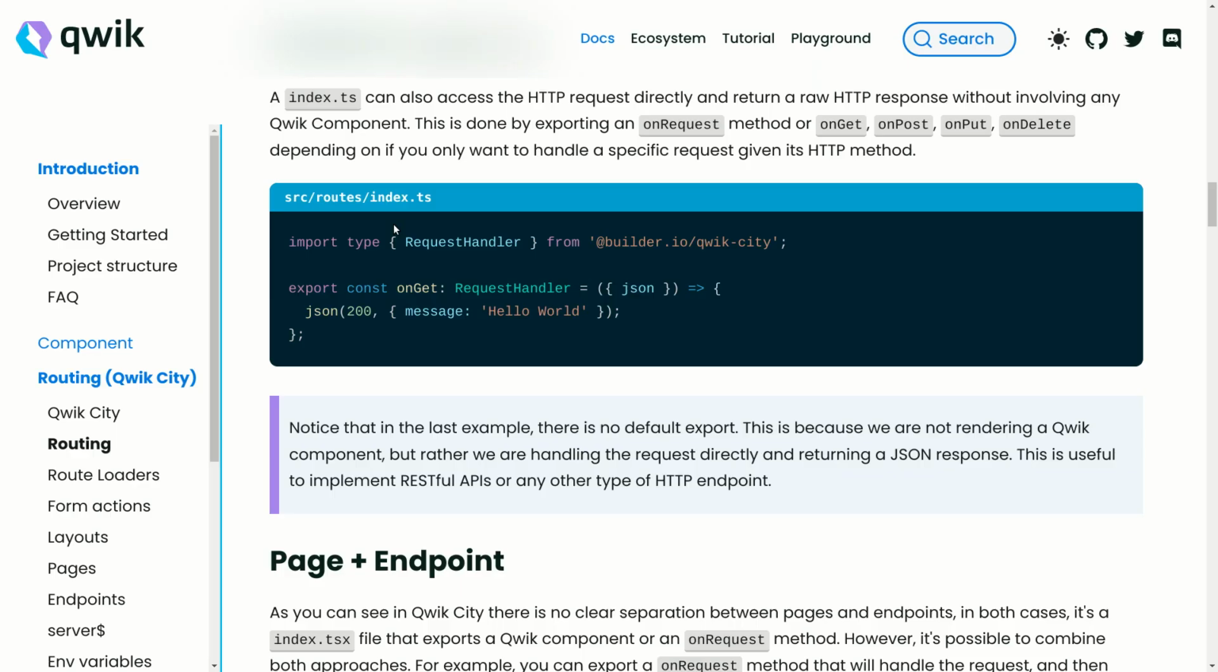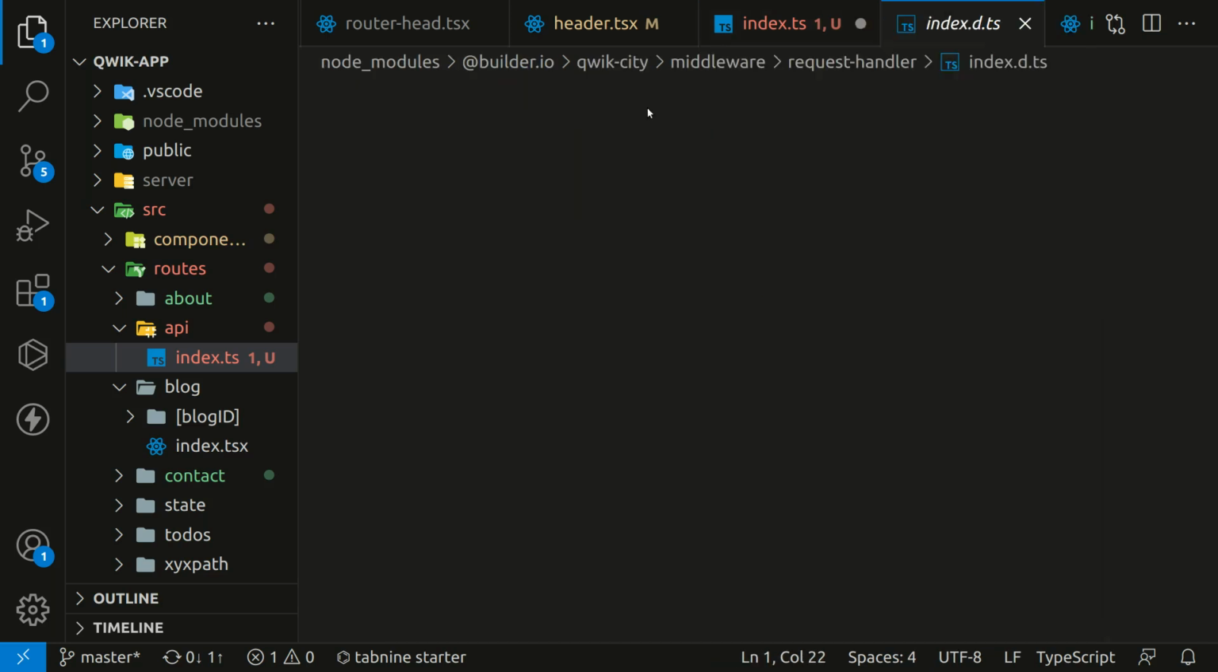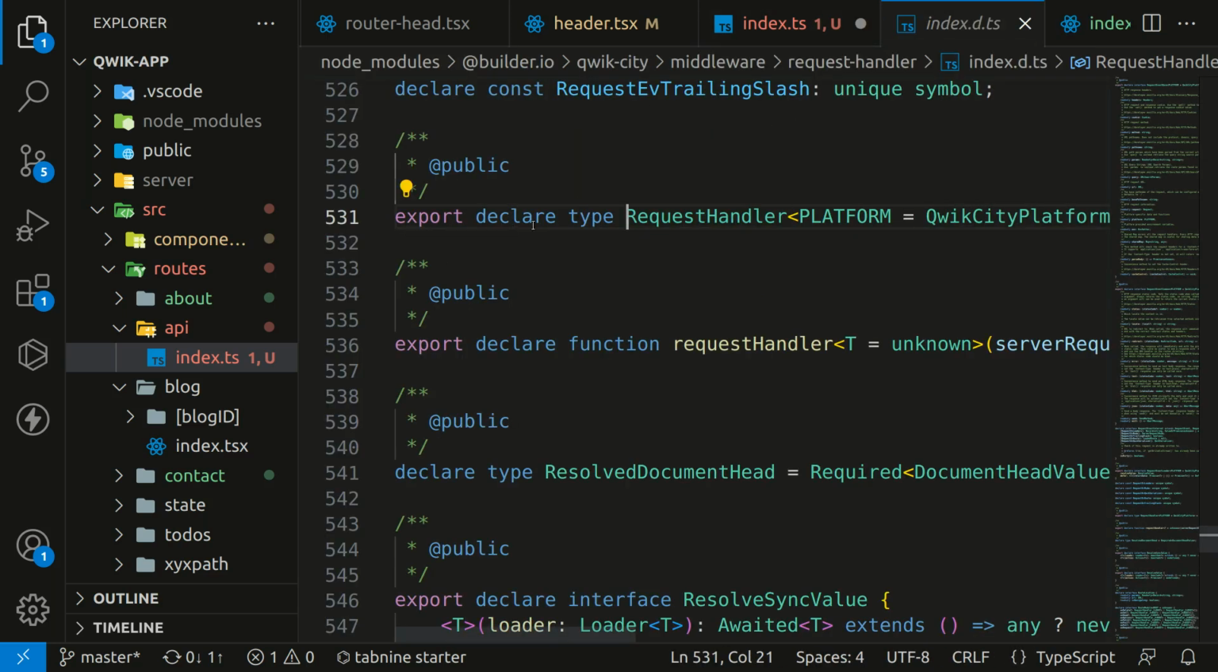And here, after doing this, I'm just going to specify that whatever data is being passed here or received on the get endpoint is being handled by this request handler type. Okay, so if you are more interested to see what this request handler is, you can just click on this, and here you will see